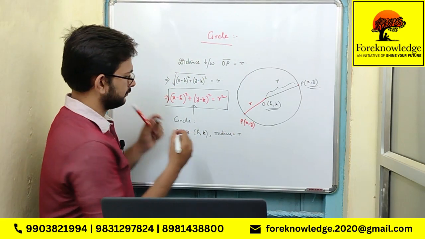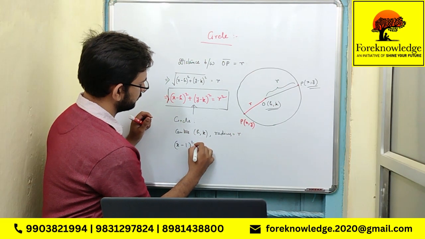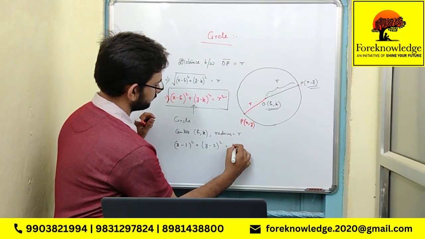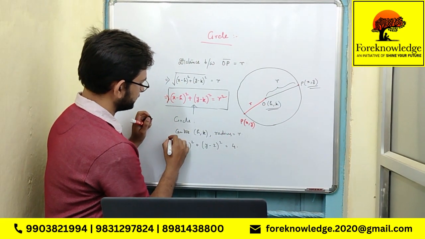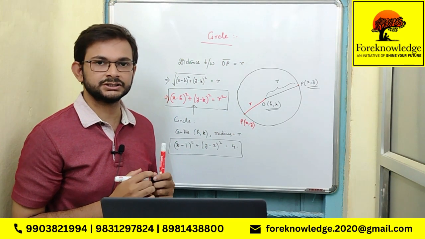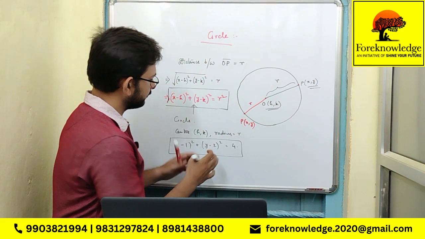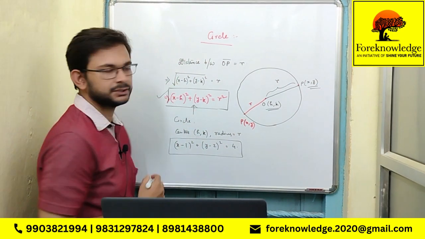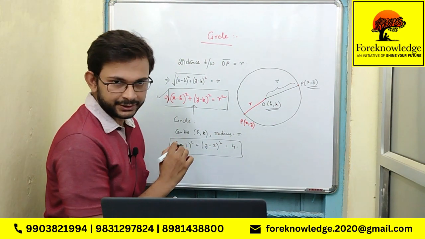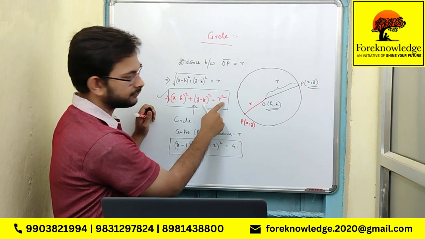Suppose there is an equation and the question is, what does this curve represent? Then just compare it with the equation of a circle, and you will see the similarities. We compare x minus h square plus y minus k square equals r square